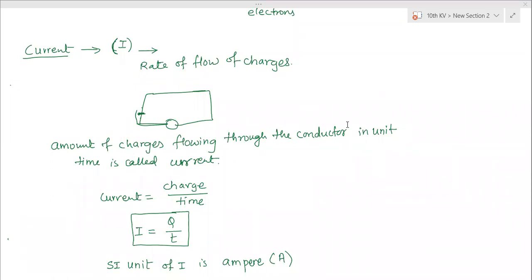Current is only the measuring part. Whenever charges are flowing, we say that current is flowing. And knowing the value of a current helped scientists in many different ways. One simple example is that the bulb works with a capacity of 5 ampere. So we have to connect a bulb in the circuit which carries a maximum of 5 ampere. More than 5 ampere of current should not flow through that circuit.